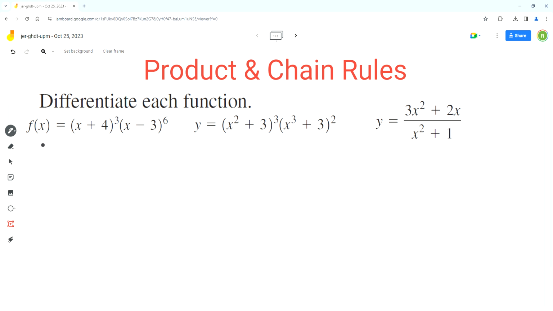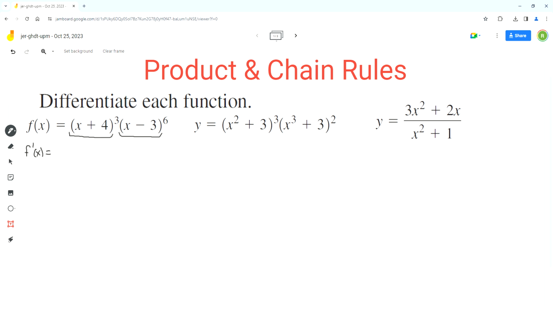So the given function is f of x equals (x plus 4) exponent 3 times (x minus 3) exponent 6. So the first step here is to use the product rule because this function is made up of two functions. The first one is (x plus 4) exponent 3 and it is being multiplied by the other function (x minus 3) exponent 6. So the first step is f prime of x